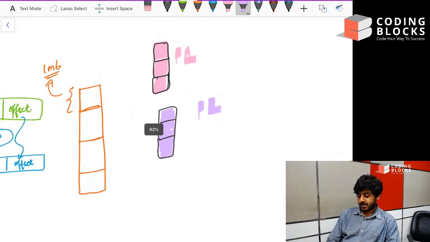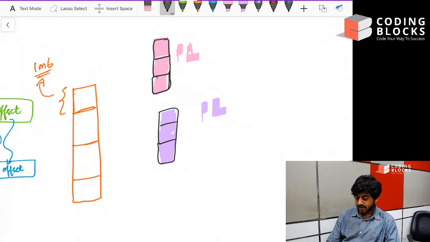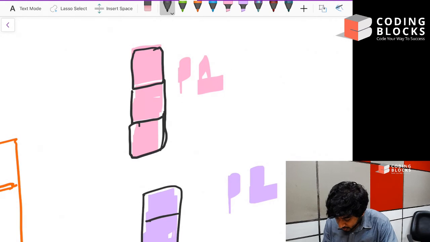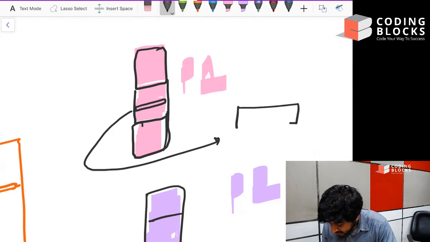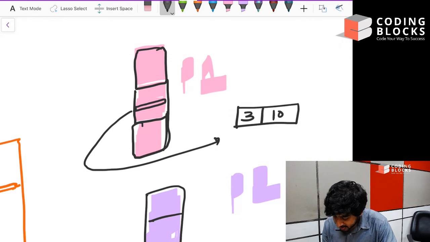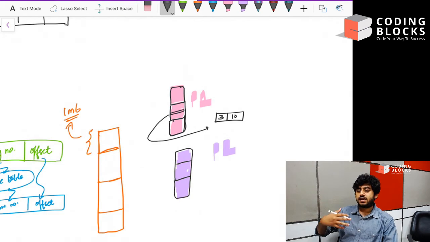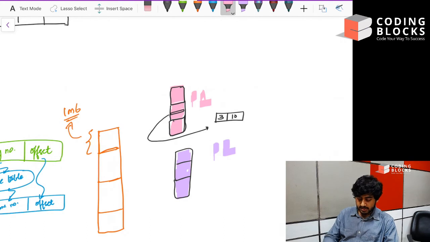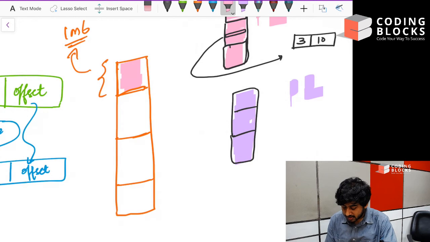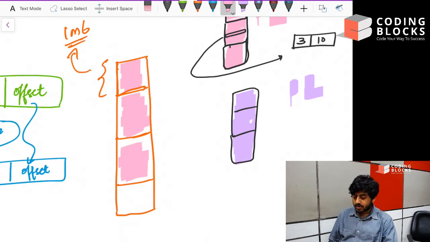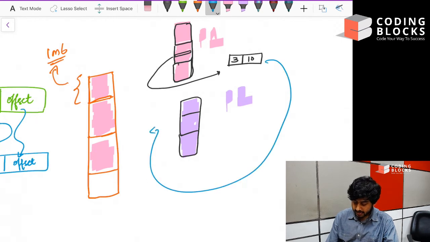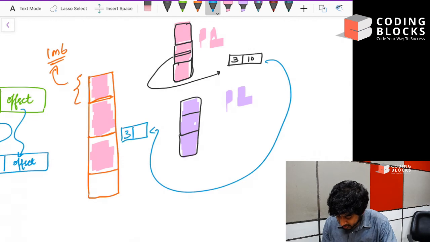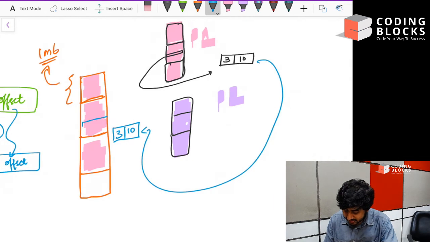Okay, now if I have to access a particular place in this location, say I want to access this particular line, I say that this is page number 3 and line number 10, so this is line number 10 in this particular page. Now when process P1 is running, it might have so happened that the operating system has loaded process P1 into this space in my memory. When I translate this through the page table, it translates into 3 comma 10, and it accesses this location in the memory,